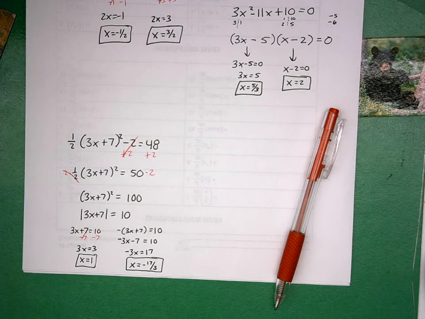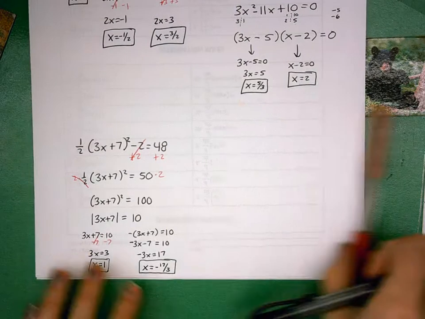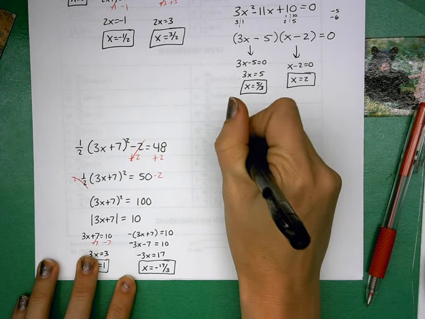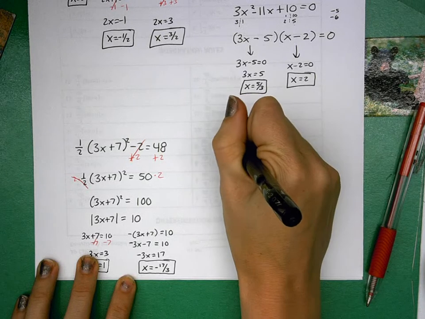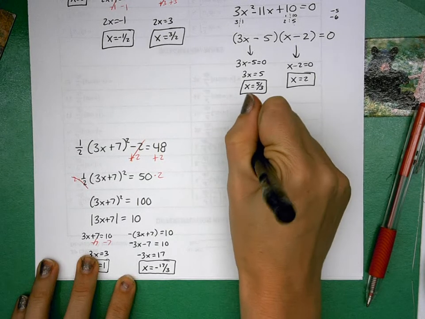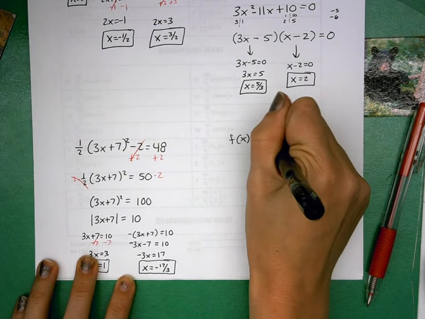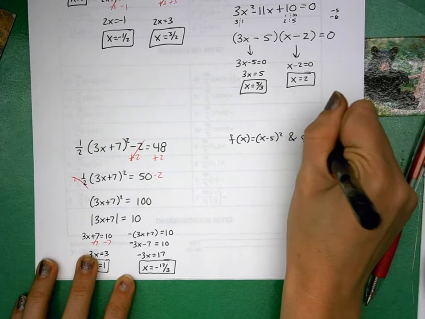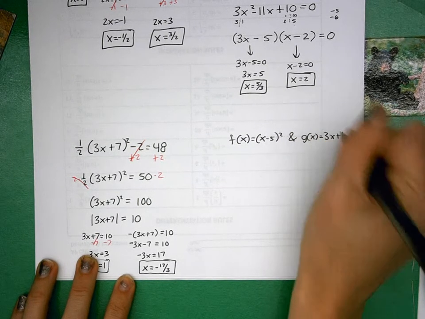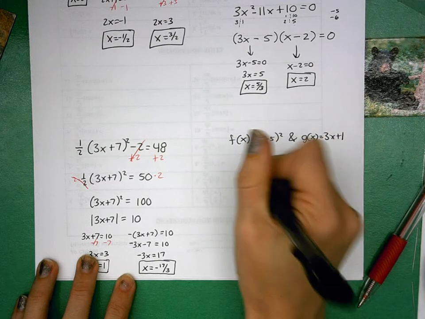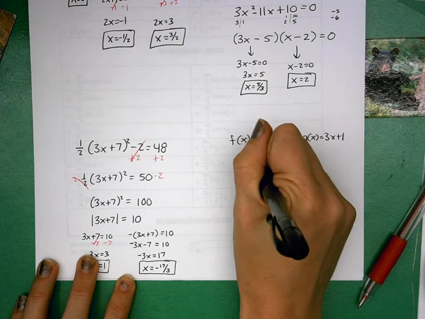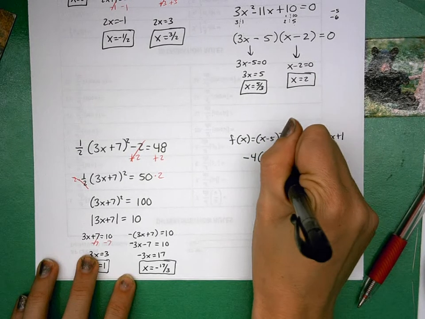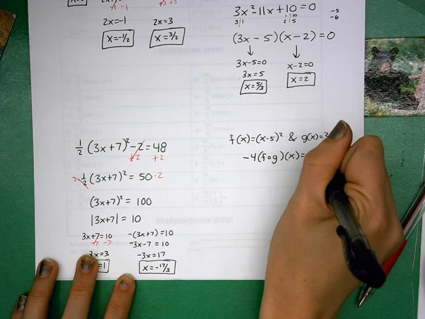Okay, so next up, let's do solve for x. If f of x equals x minus 5 quantity squared, and g of x equals 3x plus 1, what is negative 4 times f of g of x equals,